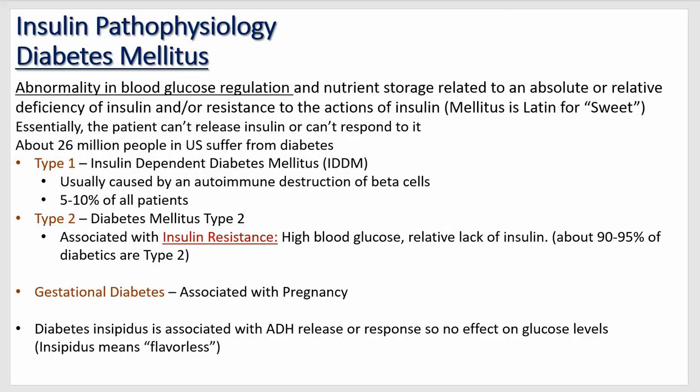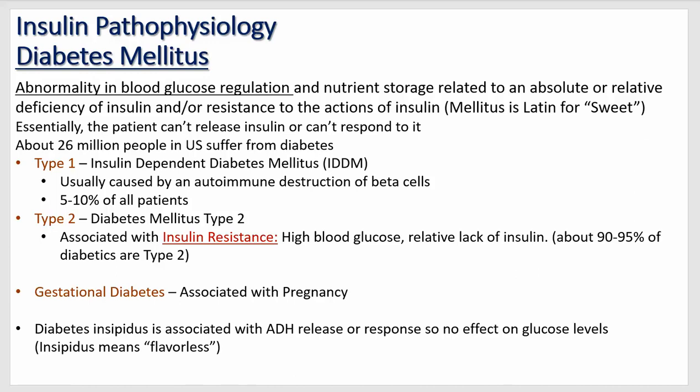All right, so let's look at some pathology. So diabetes mellitus, it is an abnormality in blood glucose regulation and nutrient storage. So it's related to an absolute or relative deficiency of insulin and/or resistance to the actions of insulin. So we've kind of already talked about what diabetes mellitus is in general, and that is when you're not able to store glucose,